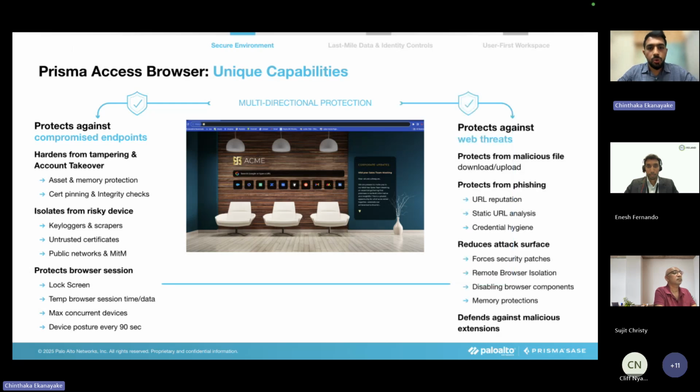So now with all of those things, when you access the web, we can do protections around malicious downloads and uploads, and we can do protections around accessing phishing websites. We have a large database and also real-time detections around phishing, malware, and ransomware websites. And also we reduce the attack surface on the browser. We make sure that the right patches go in.